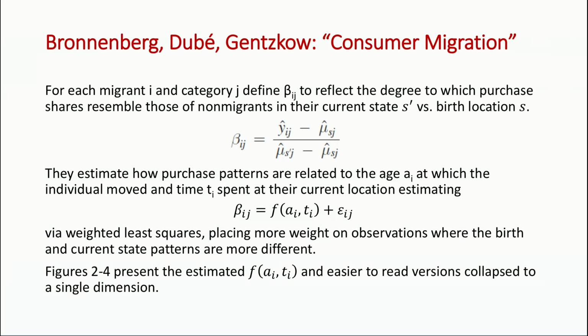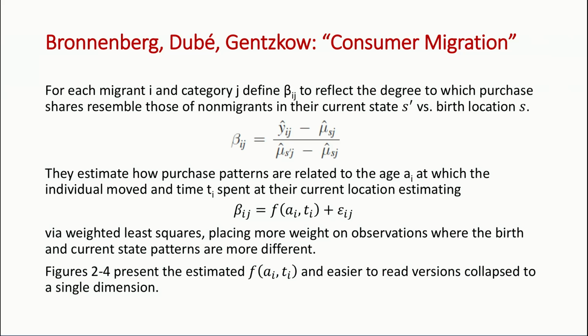And we're going to basically have a regression estimating beta_ij as a function of the age that you were when you moved and the time that you've been in your new location. So you might think if you moved when you were 1 year old and you've been in your location for 60 years, you'd look like people who grew up in that location, other than maybe your parents talking about what mayonnaise to buy. Whereas if you moved at age 60 and you've been there for 6 months, you might expect those people would look more like the origin people, at least on the taste side.